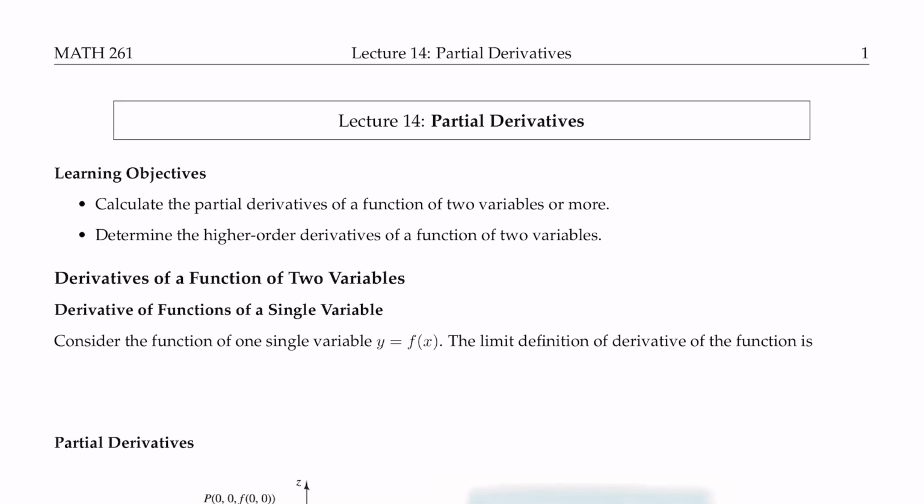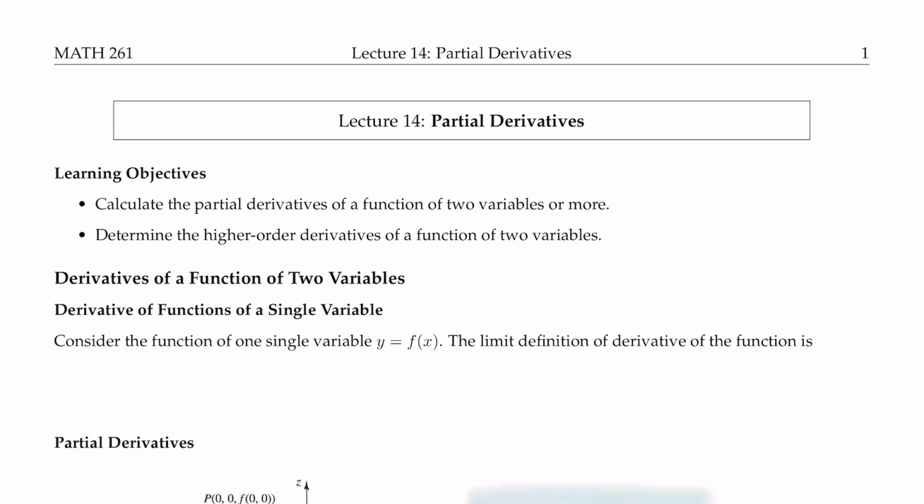So that's the idea of this lecture, and hopefully at the end of this lecture, you would be able to calculate partial derivatives of functions of two variables or more, and determine the higher order derivatives of functions of two variables. Before I present the formula to find the derivative of a function of two variables, I want to go back